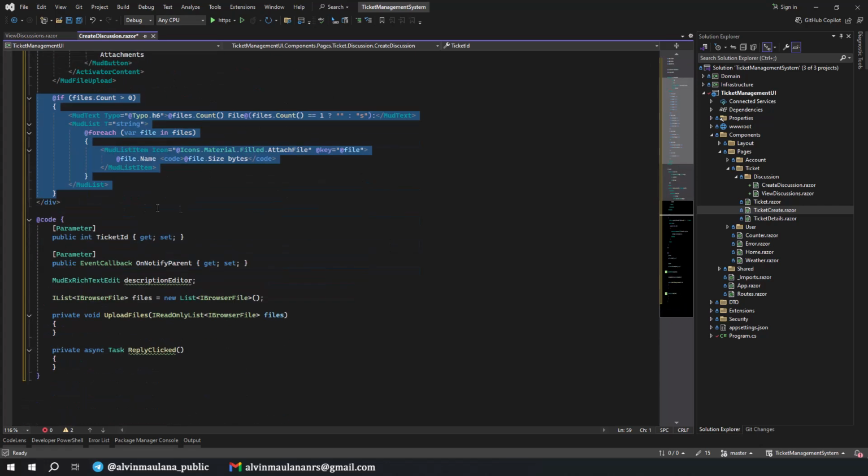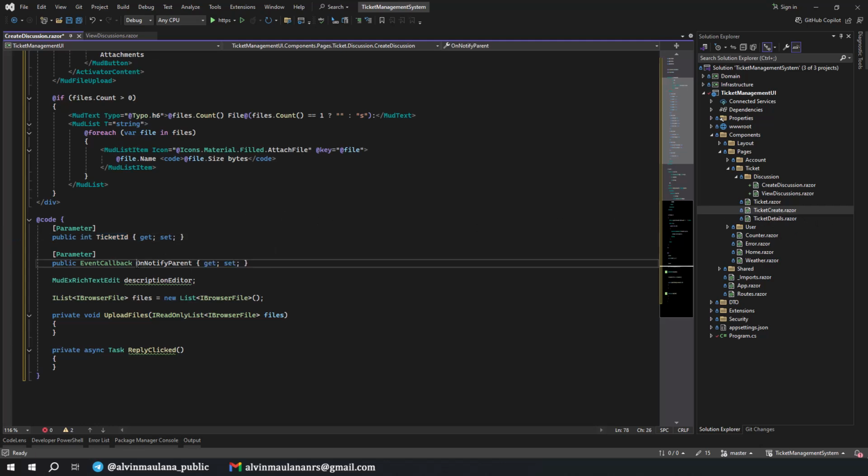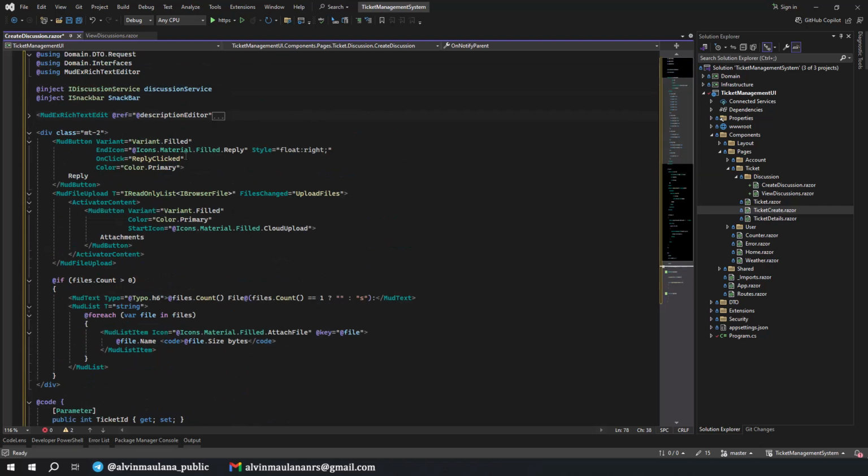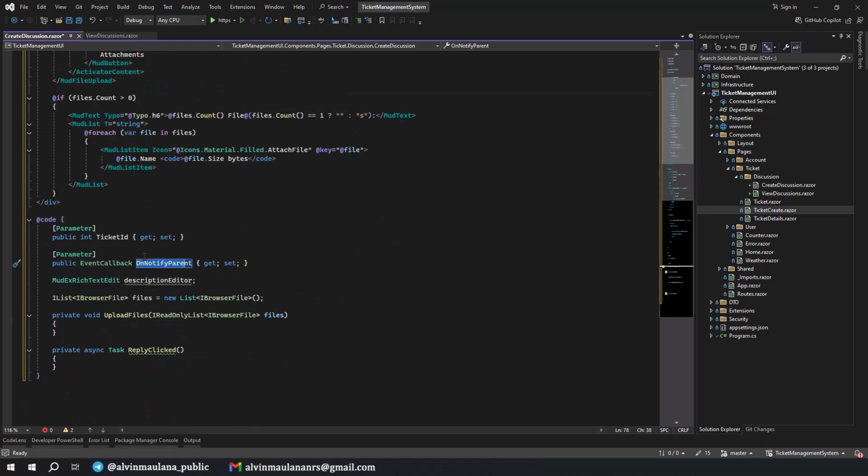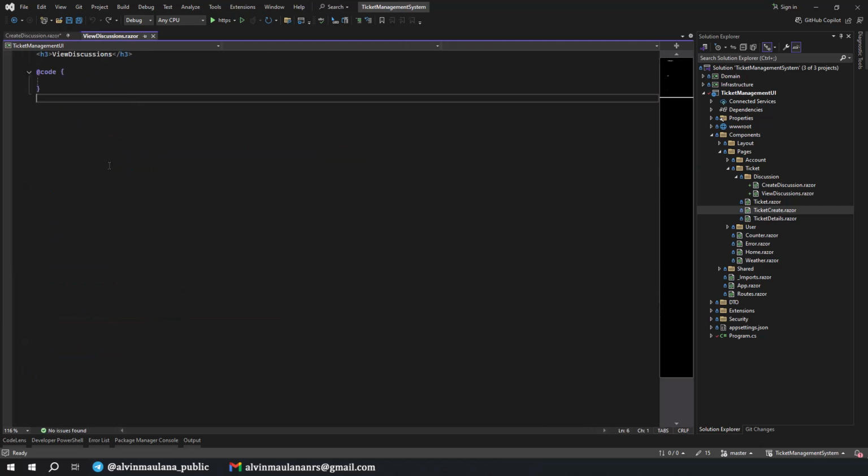And in here we have a parameter of ticket ID. We get this ticket ID from the parent. The parent is the ticket details actually. Okay, later I'll talk about this one. And then the event callback. So after we add the discussion, we want to notify the ticket details that we created a new discussion. So later on, in the view discussion, we can refresh the value and show the newest discussion that we created